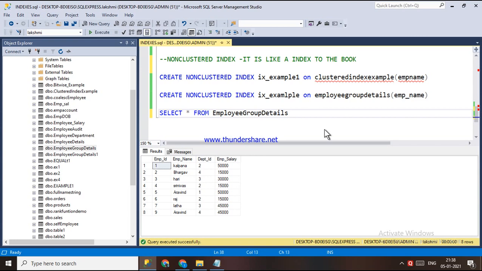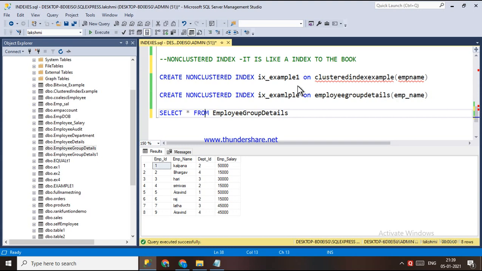The employee name column stores the pointer location, where the actual data is stored. That is how a non-clustered index stores the data.